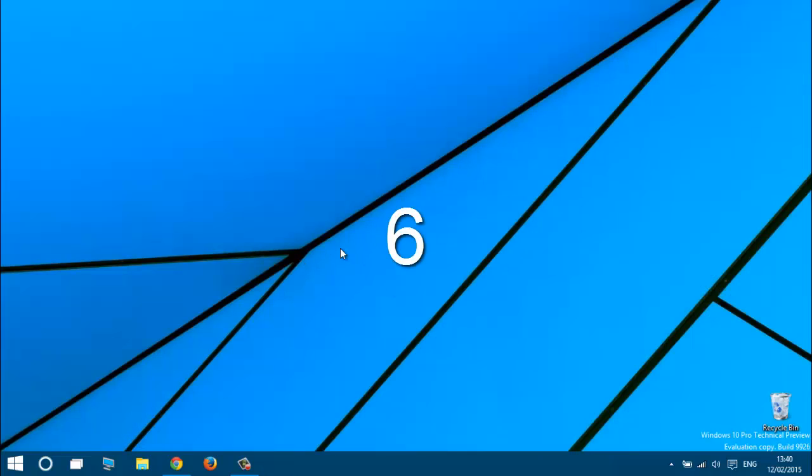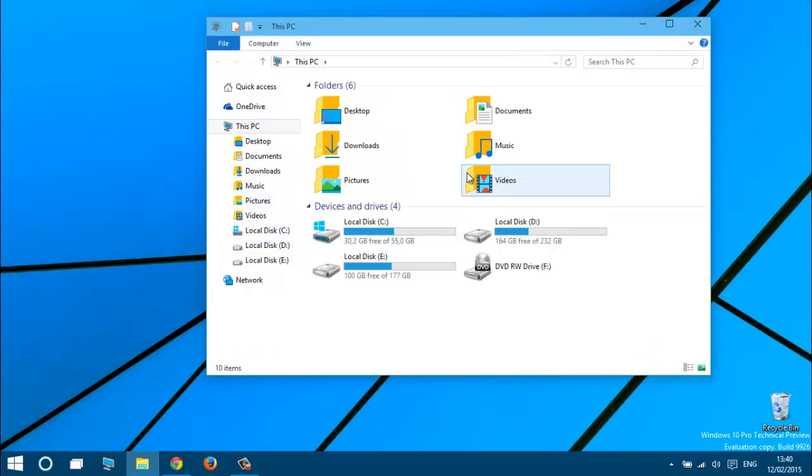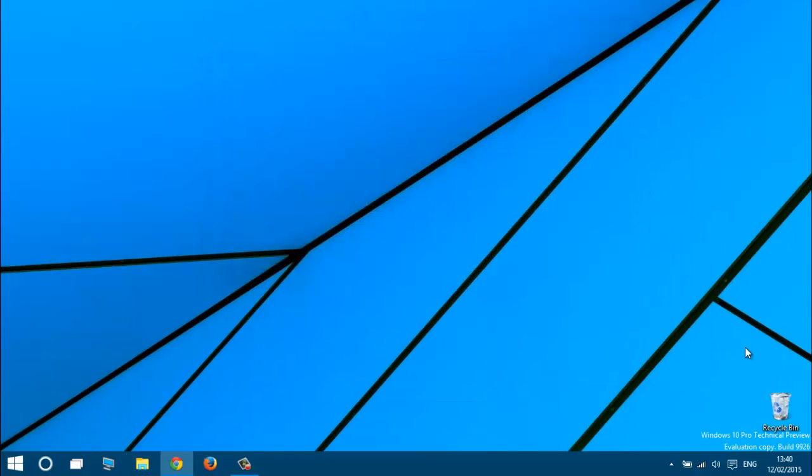The final one that I want to show you, and you've probably been looking at the whole video, is the recycle bin icon. I don't know why they didn't change it. I mean, they made beautiful icons for the new folders in Windows 10, but the recycle bin has been around since Windows 7 and they never changed it. I mean, come on, it's a new Windows. It should be with new icons, not just the old icons of